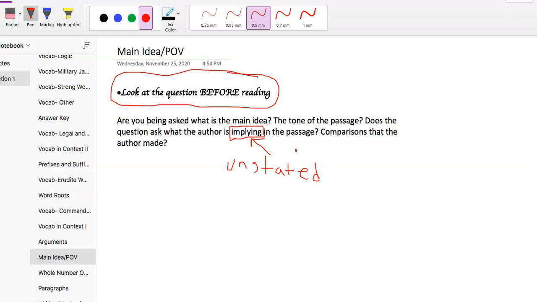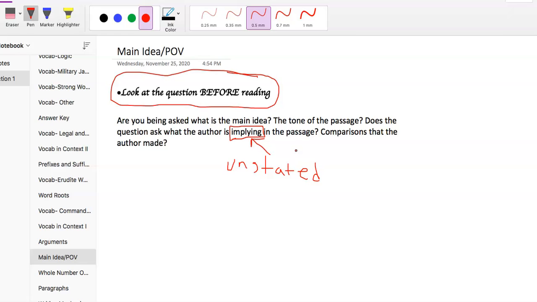So that's what you're looking for when you're asked for implying. Probably said too much about it, but nevertheless, it's important. People get that wrong all the time, where it says, "What is the author implying?" and then for some reason, they answer with a fact, like 67% of something, whatever they're talking about.